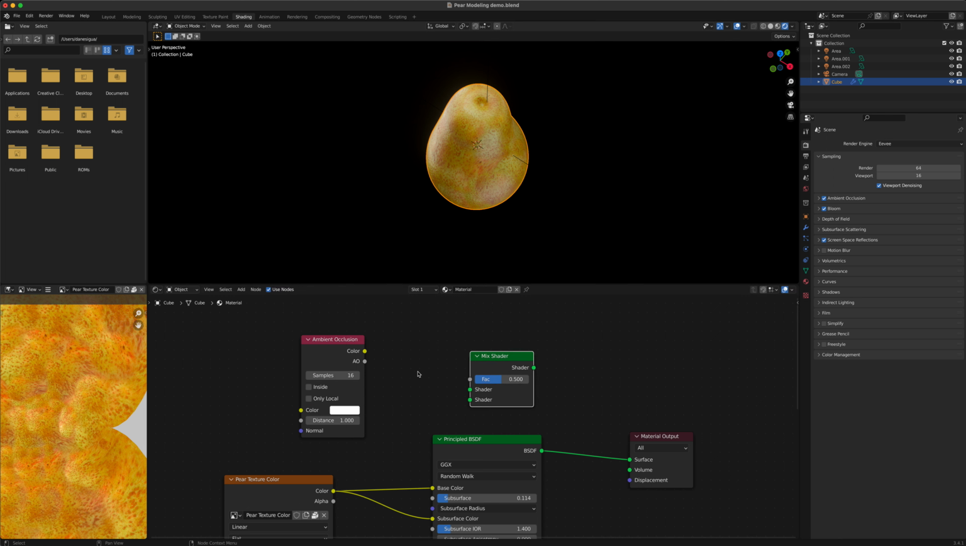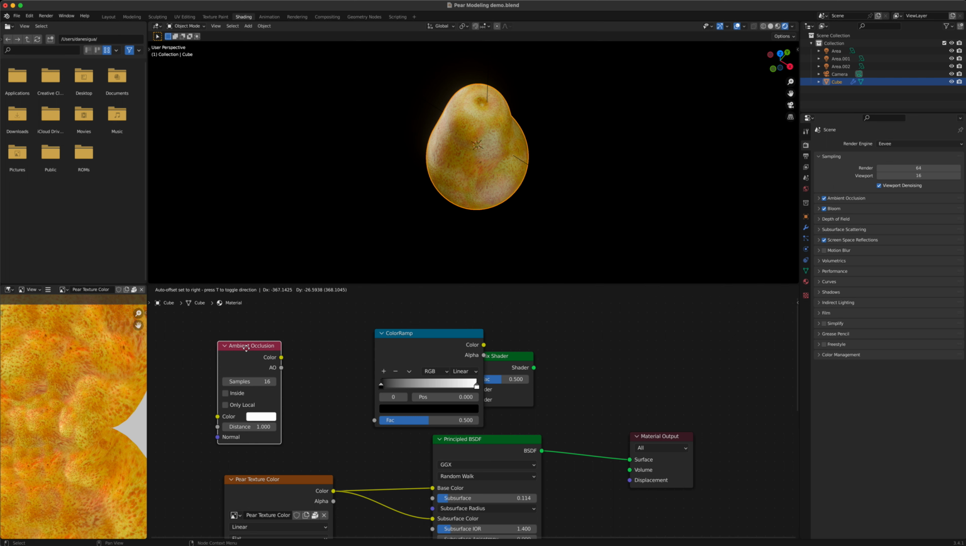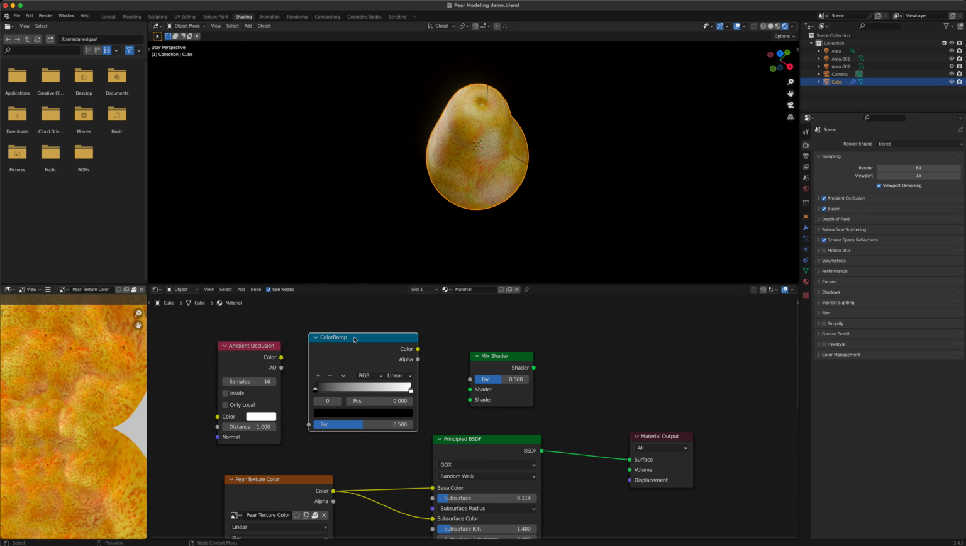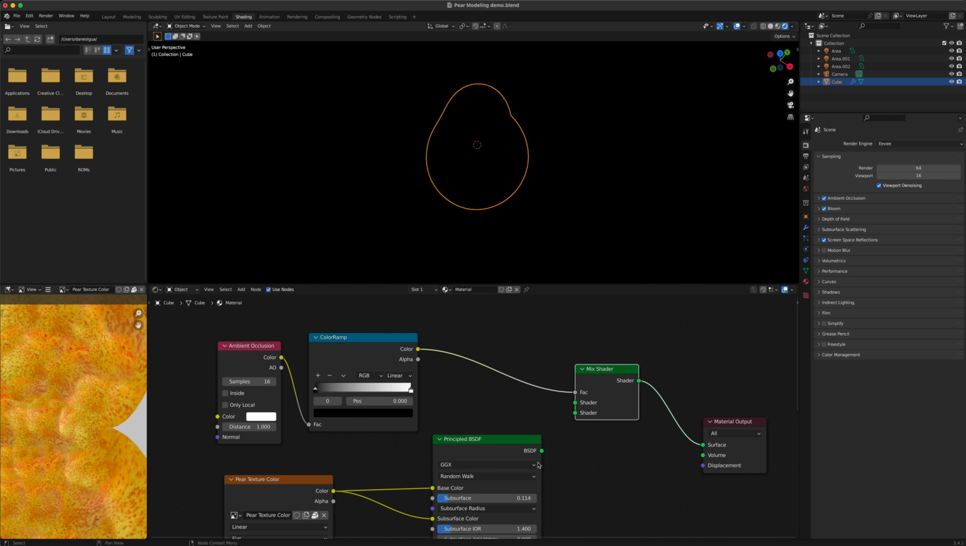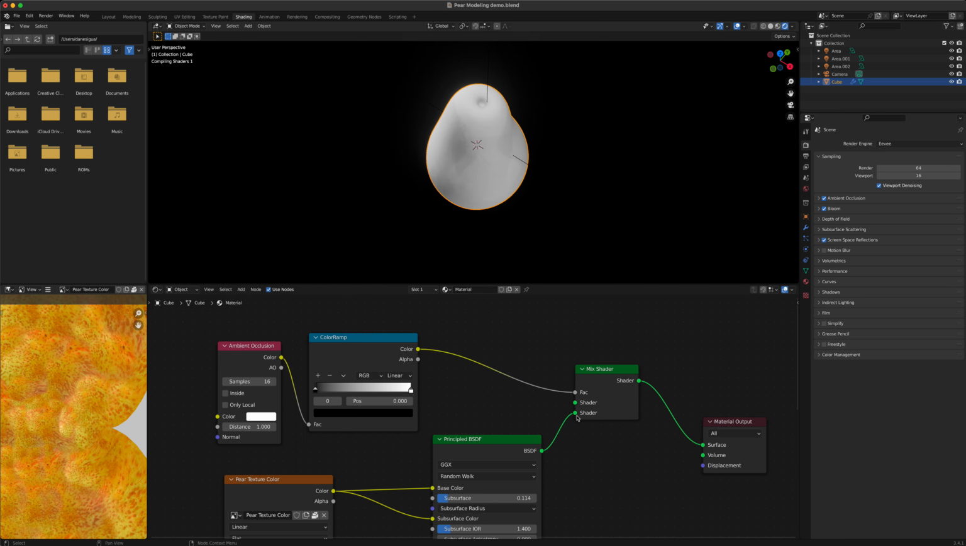And then we need to control this one. So that's another converter, color ramp, so we can control the ambient occlusion. So we go color to factor, and then color to factor here. This one goes to the shader, the material, and then this one to the shader right there. Now when we change this one, as you can see, what's happening here is,